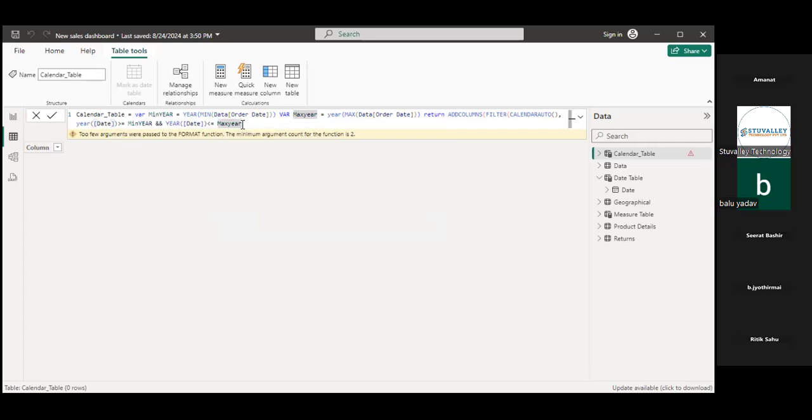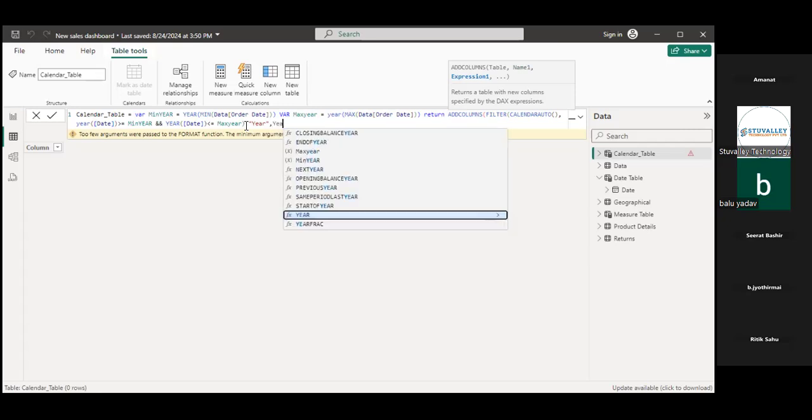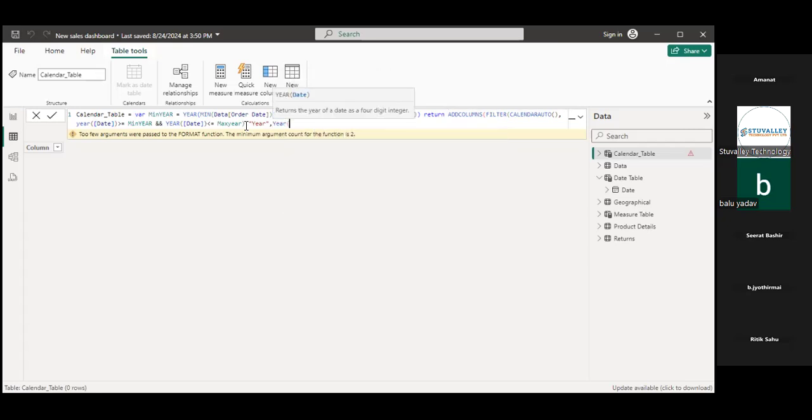Now bracket close, date. Put comma. And now what I want, what is the use of add column? I want a column with the year name in my data. Year, comma. What is the format of my column? Year date. We will use the year function for that. So for date we will use the date function.